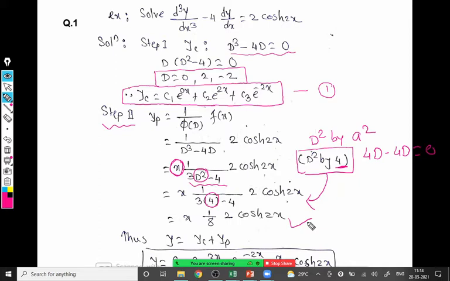So if anyone has any doubt, you can ask about the hyperbolic function. Any problem, any difficulty you have in hyperbolic? Yes, anyone? If you do not have a doubt and you have completed this, you can tell me. I will move to the next. No, so wait for 1 minute.